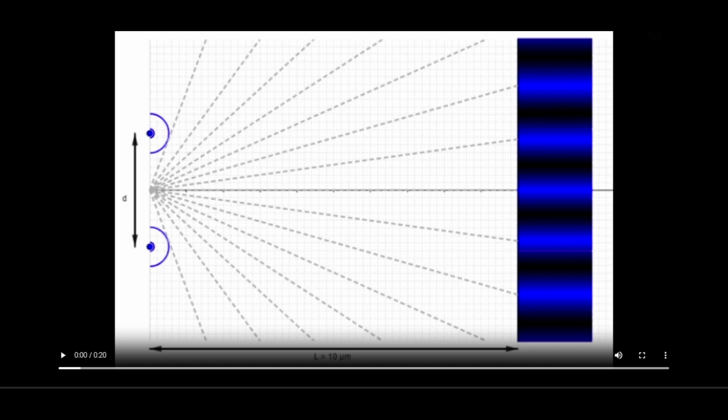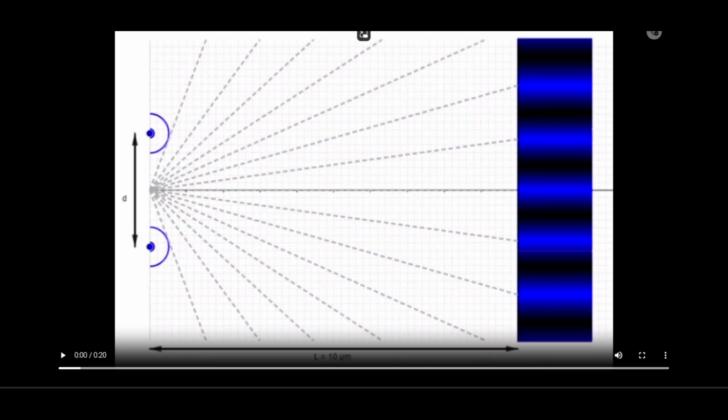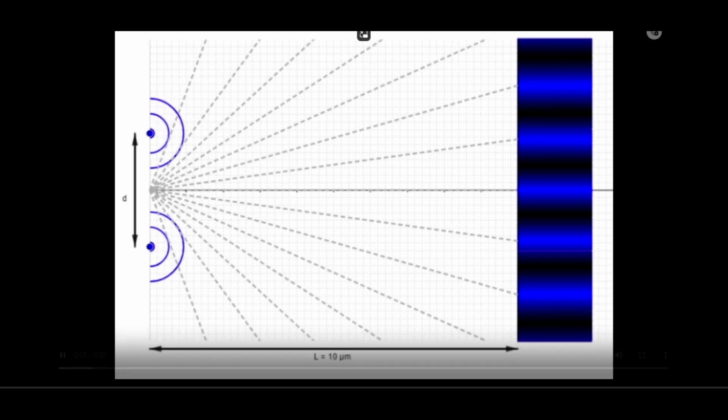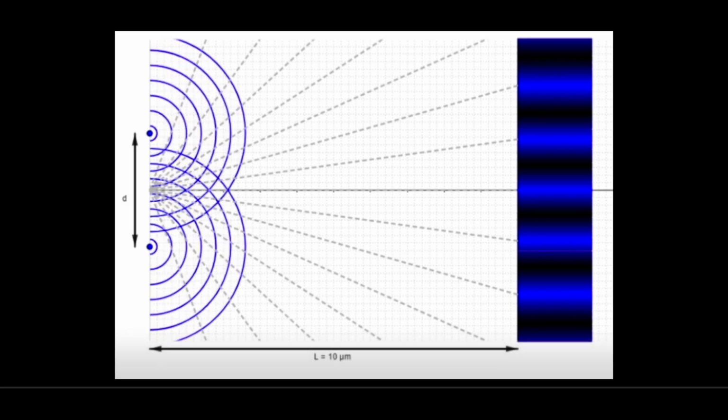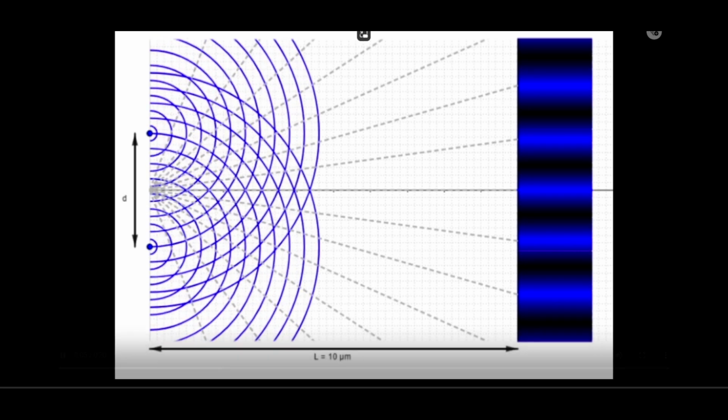Now, we have two sources, just like over here, we had two sources. Now, we are repeating the experiment with two light sources, just to observe what is constructive and what is destructive interference. This is actually a double-sided experiment. I will make a separate video for this, but just observe what's happening with two sources. So we have two sources producing waves like this. Now notice at the points, just let it run for a while,